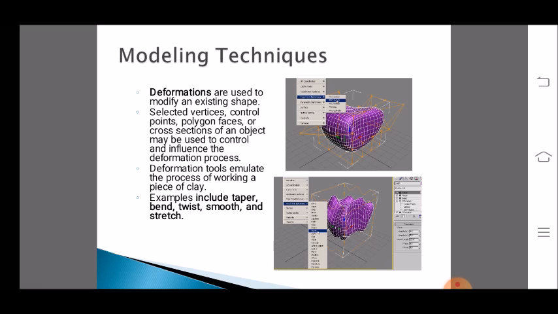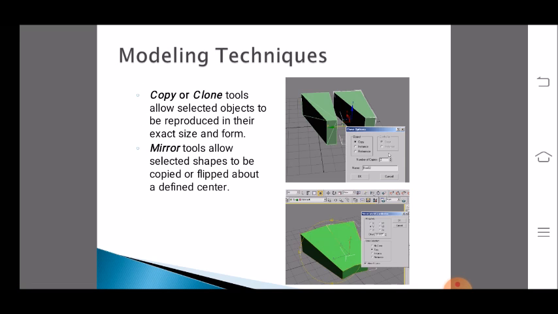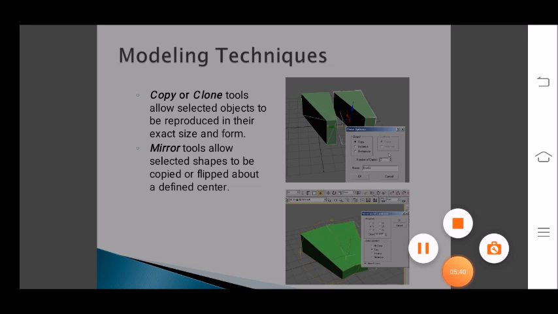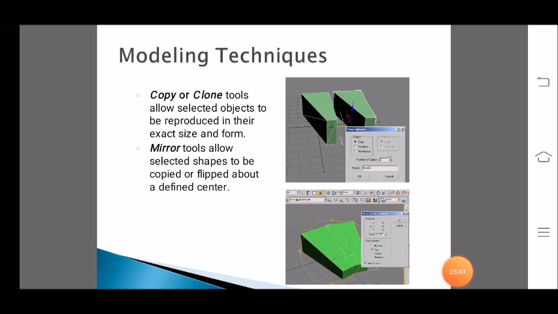It also helps us to define deformations using the node points or grid points available in the surface or in a product. We can even define taper, bend, twist, smoothing, and stretching of surfaces in 3D modeling. We can even clone the object we have manufactured by using the copy or clone feature. Mirroring can also be done to define the profile of the object in a particular way. So this is for 3D modeling.